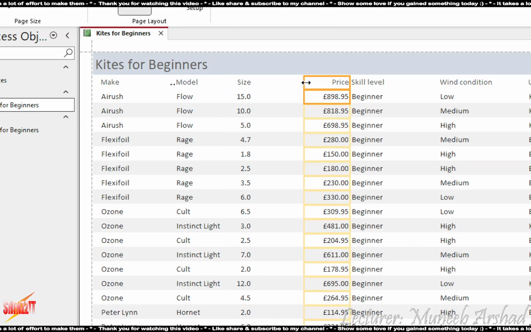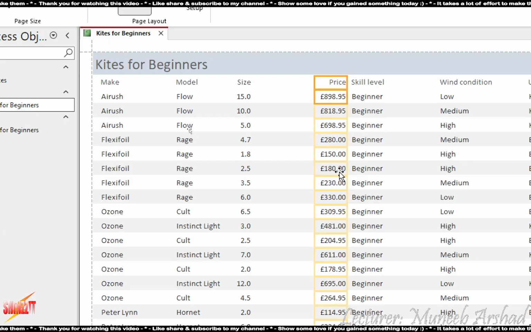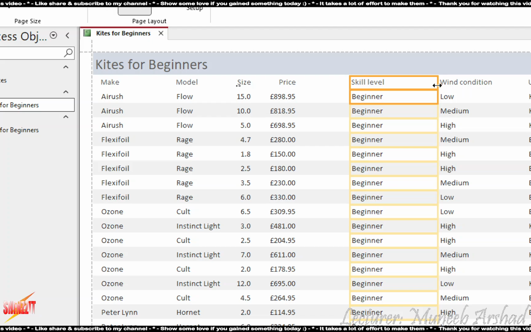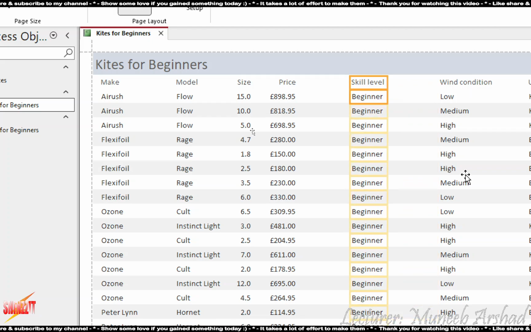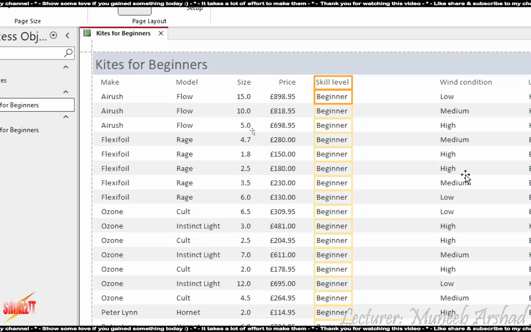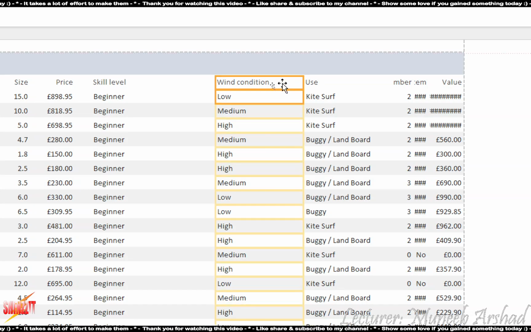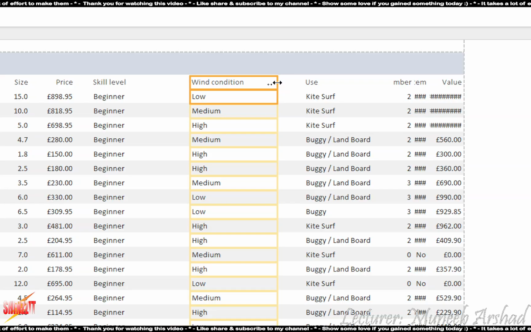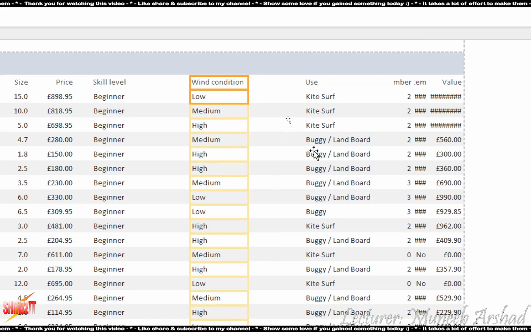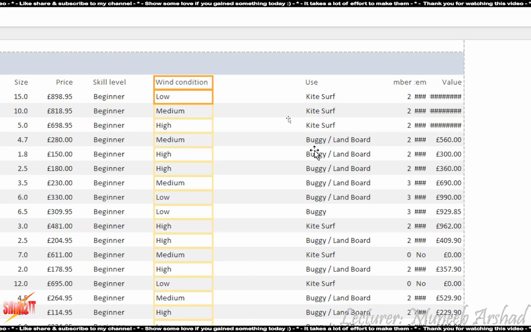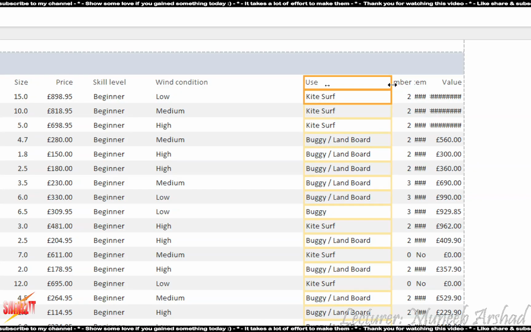Always have a look at your data. It should not overlap or be cutting off anything. So make sure that you make the right adjustments. So select your field name, hold down control, click on one of the records to select the whole column, and then resize. Use the arrow keys for the placement. It will be more accurate rather than using the mouse.